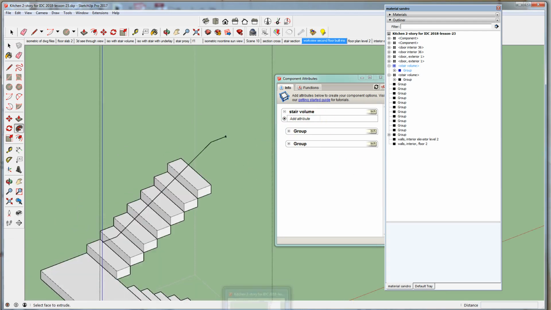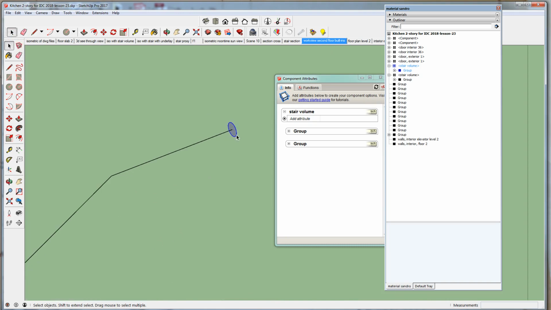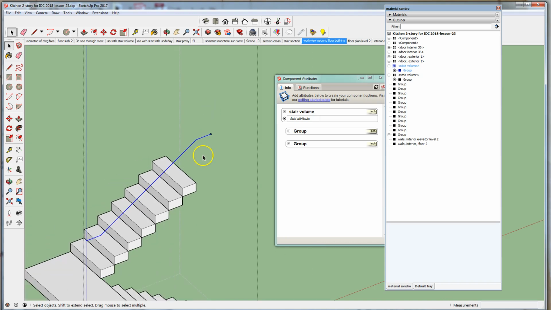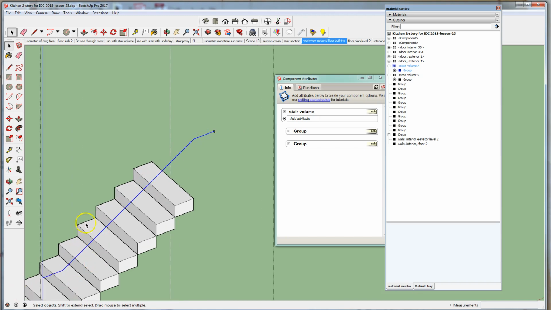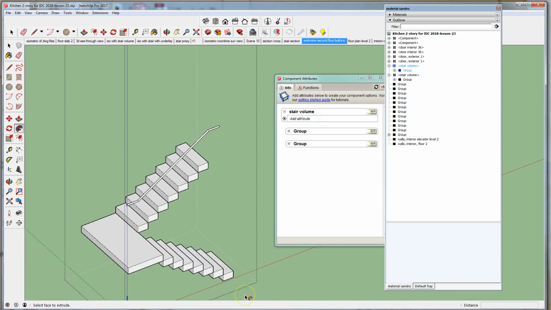Oh, sorry for the pause. The circle wants to be drawn on the red axis, so that it's perpendicular to this line. So double click. Triple click to select that path, those lines that are consecutive. Then you select Follow Me, and you want to select the outline of the circle. We can triple click,